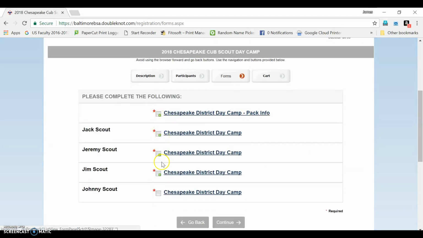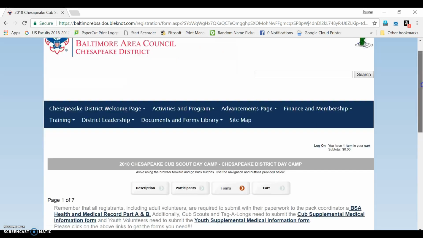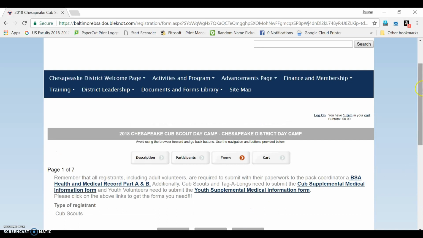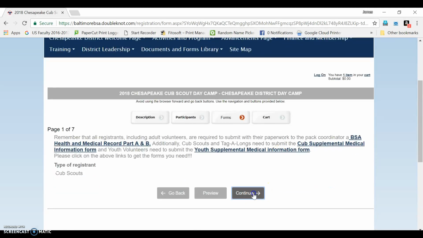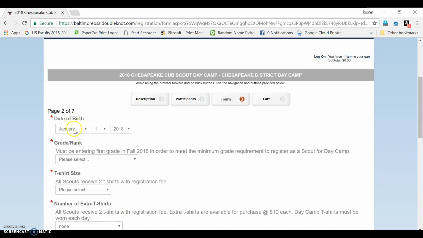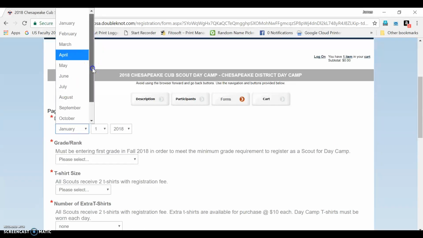Check boxes all the way down for everybody but Johnny. Johnny's the star attraction here. He's actually the Cub Scout. So the most important people in our camp, the Cub Scouts themselves. So Johnny is going to be date of birth. We're going to make him December